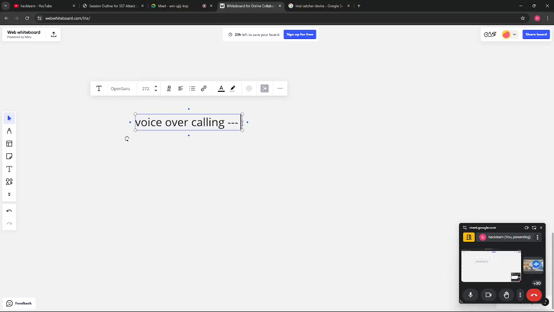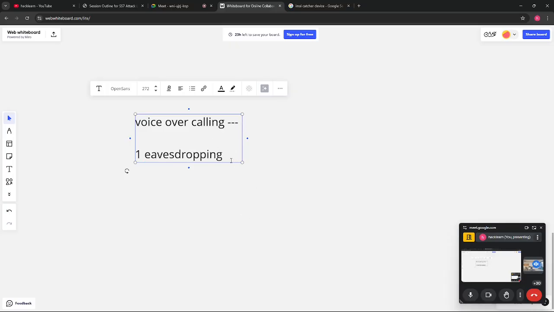And basically in voice over calling, all the calls are transferred over IPs. They are not using any tower. So that's why voice over calling is a little more secure, you can think. But when you are doing voice over calling, there can also be a few attacks, like eavesdropping. You may have heard that one attack that can be done is eavesdropping. Okay, this is the right spelling.